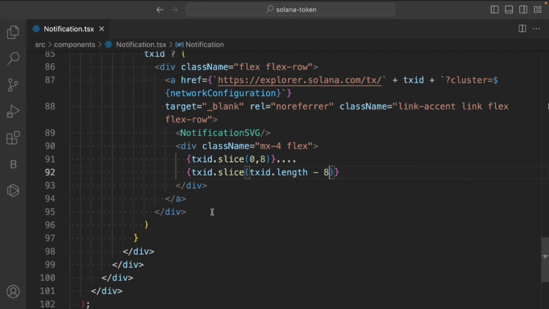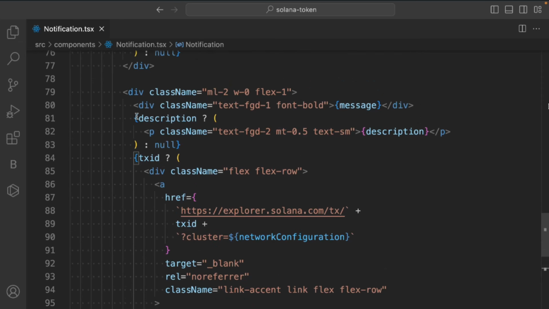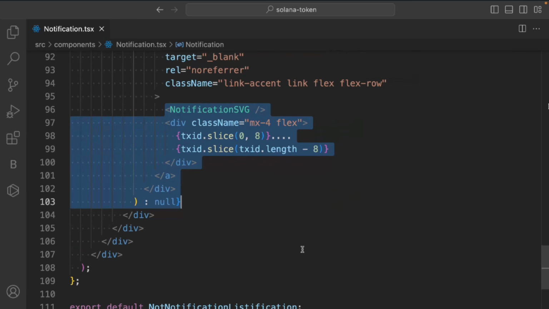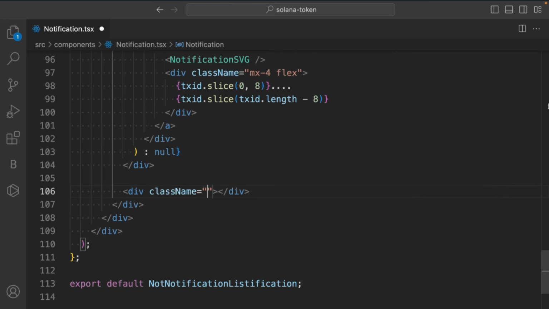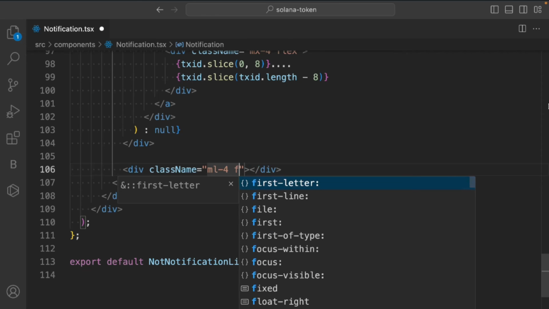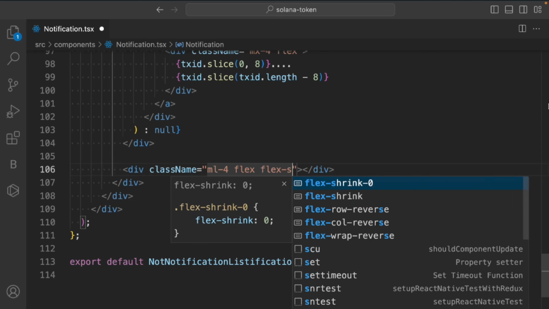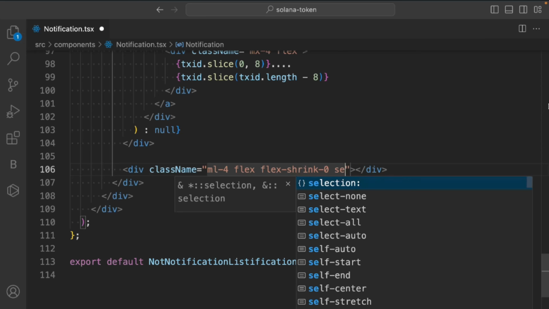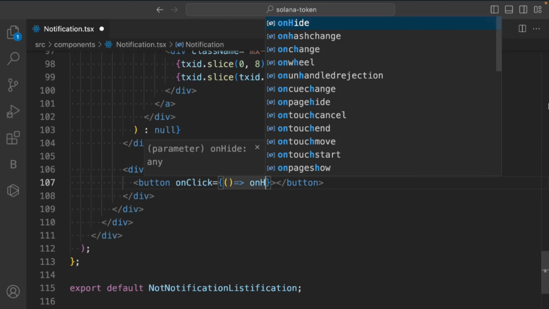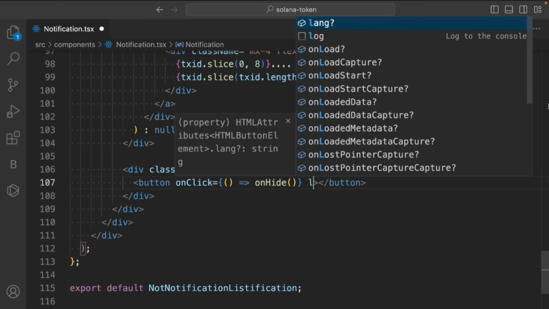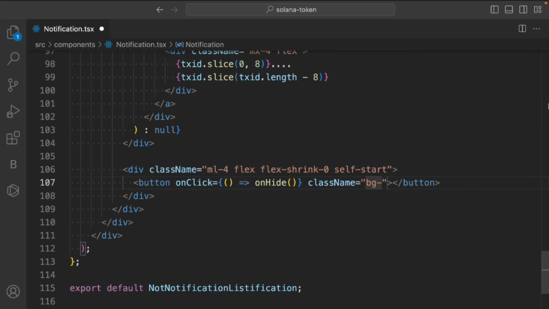Pretty good. Now we can come back here and we'll go with the else main now. That looks good. Pretty fine. So that's the entire notification component we have. Now we can come back here. We'll take a div. It will have a class called margin left 4 flex shrink 0. We'll have self start. Inside the div we'll take our button, and it will have an on click function. Inside that we're going to simply call this on hide, and it will have a class called